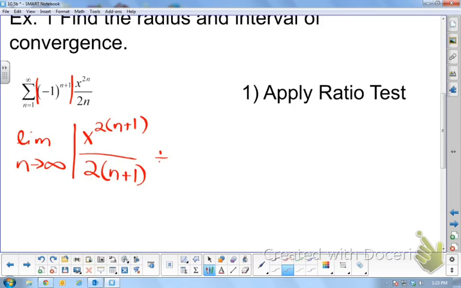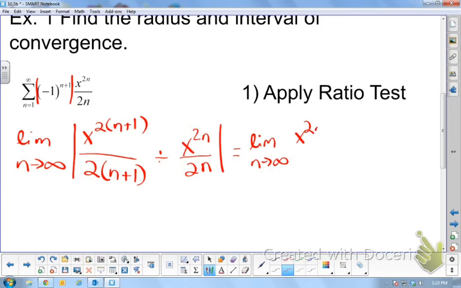And then we divide by the original. A lot of the time we've been going straight to flipping it. I just want to make sure we know that we do actually have to flip it because we're dividing a fraction. So this would become,